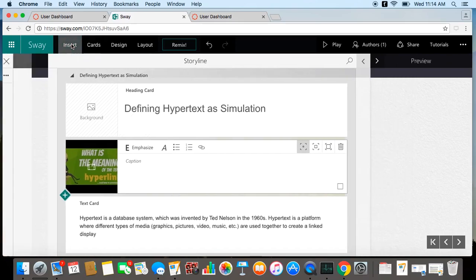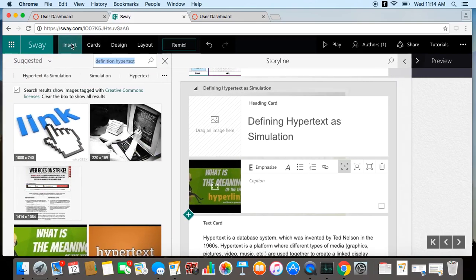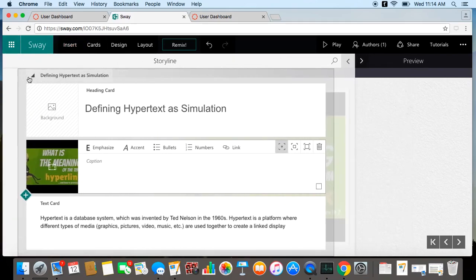You can control this more directly by saying, well, what I want to insert, let me go ahead and get rid of this real quickly. Go back to,